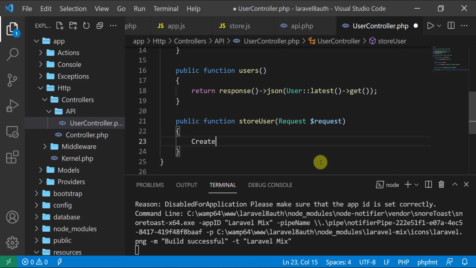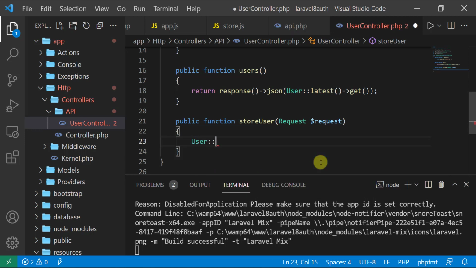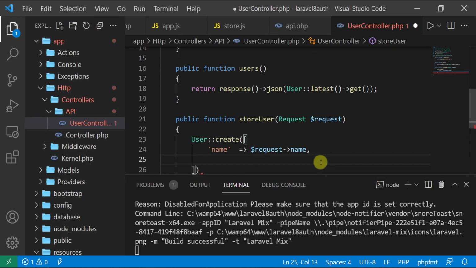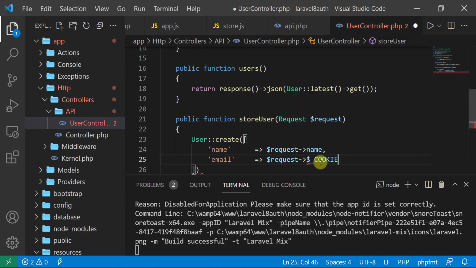say User::create, and then parenthesis, then array, and we want to store the name, which should be equal to $request->name, and then comma email, and it should be equal to $request->email, and then comma,